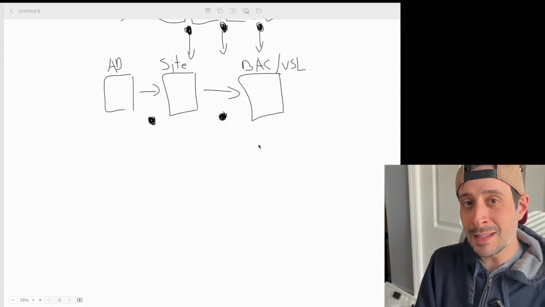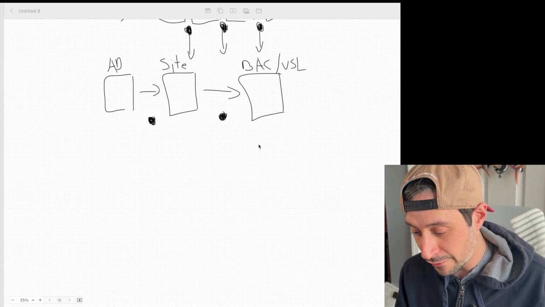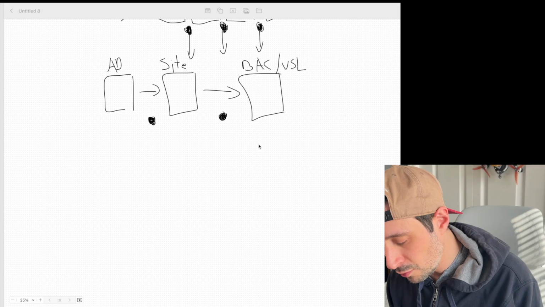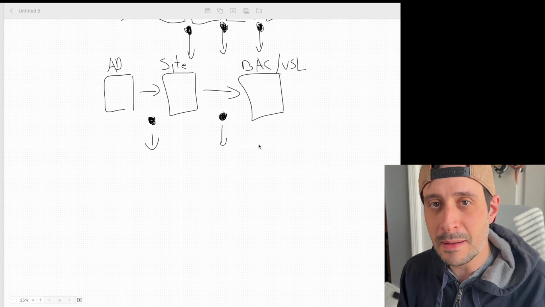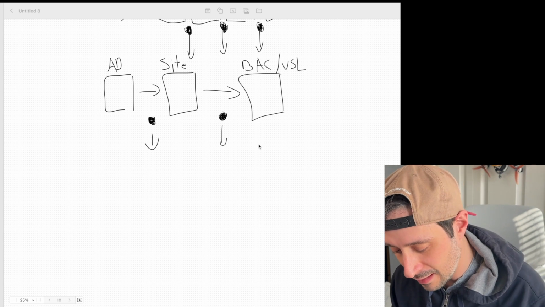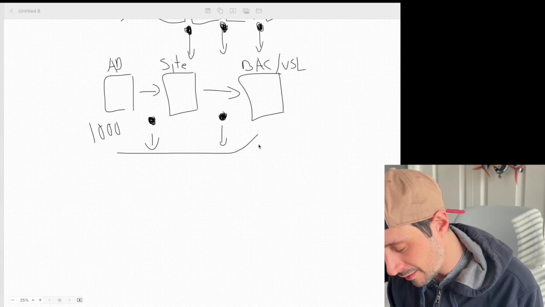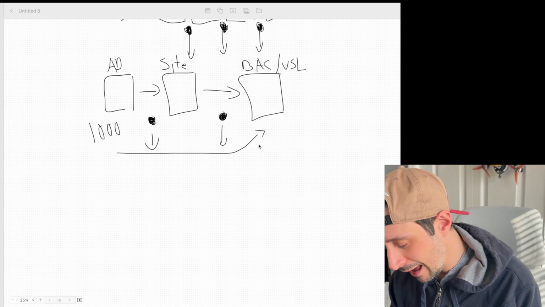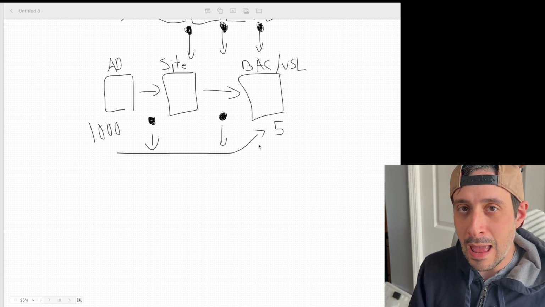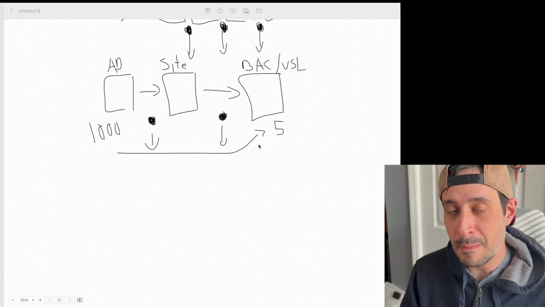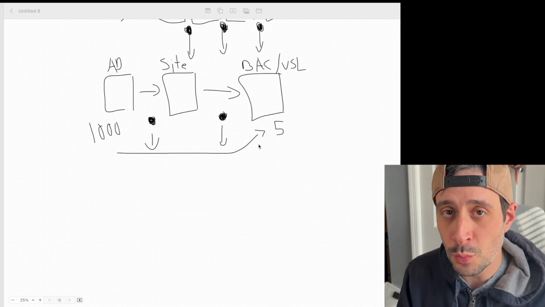And then once they opt in, just because they opted in, maybe they just wanted your free giveaway, whatever it is. Again, you lose more people in that funnel because not everybody's going to make it to the end, right? So if you send in 1,000 people, by the time you get to the actual video sales letter over here, you might only have like 5 people that see it. And then who knows how many people actually buy the thing, right? So you're spending all this money. It's just a very inefficient way to do this.